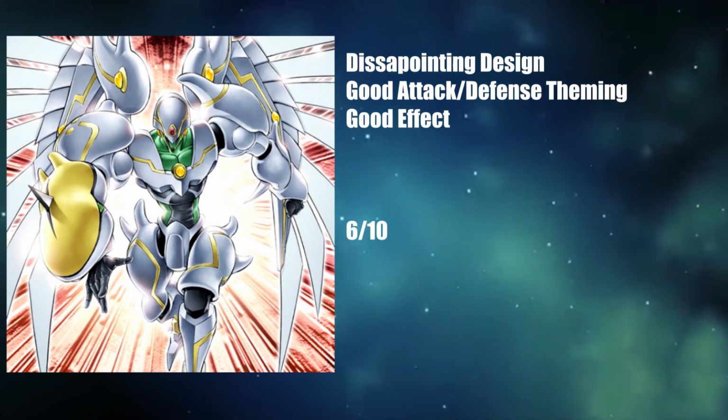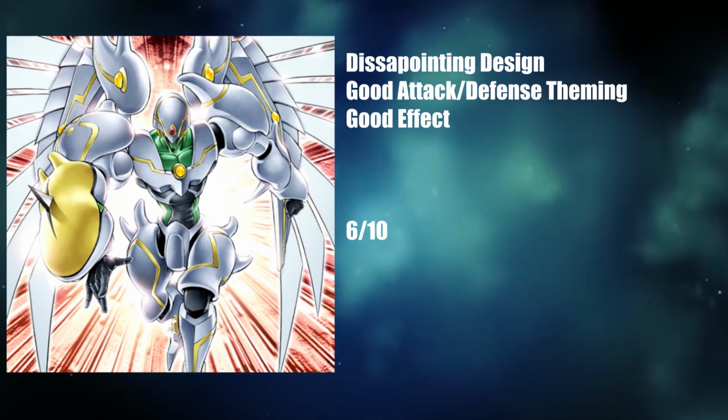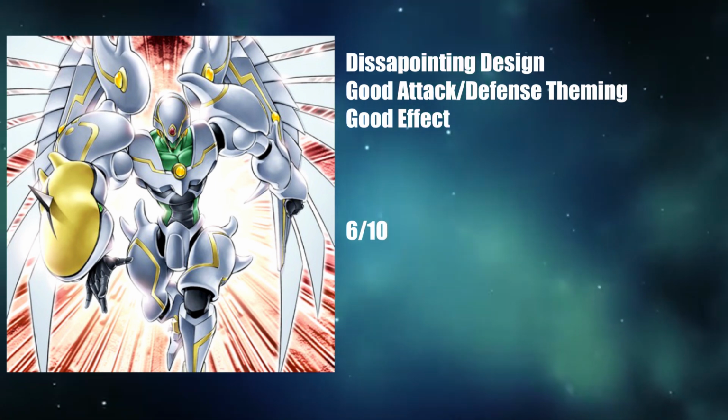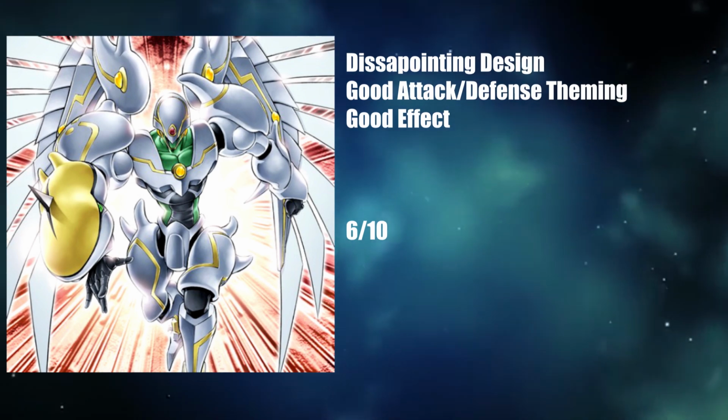While there are elements to like about this card, especially in the attack theming and effect, both being upgraded copies of the original, it fails to do enough with the design to reach higher peaks, and the rounded design of some of the elements and the strange decision to eliminate the dragon's head means that this card is merely above